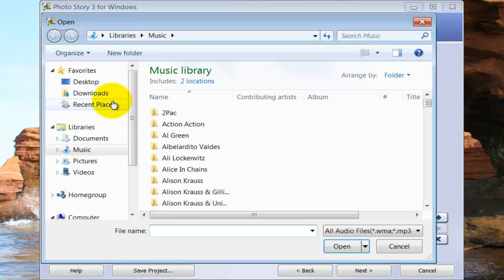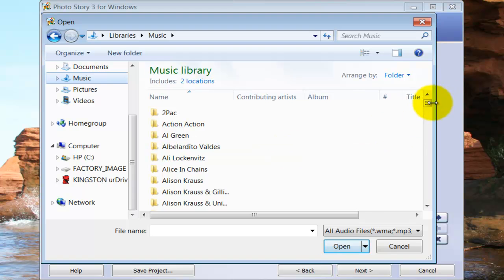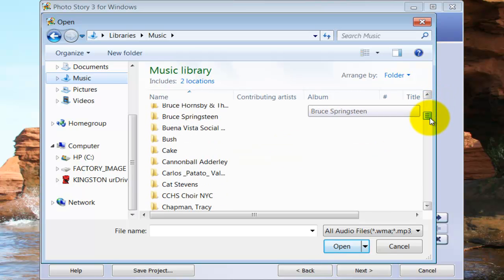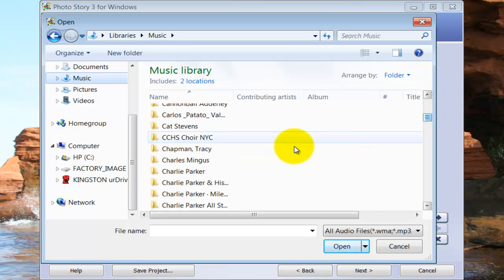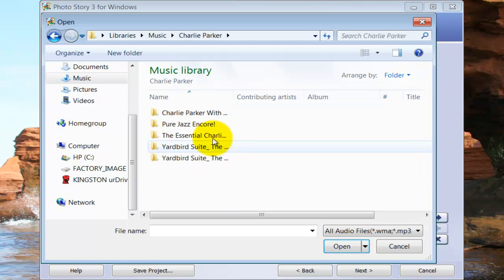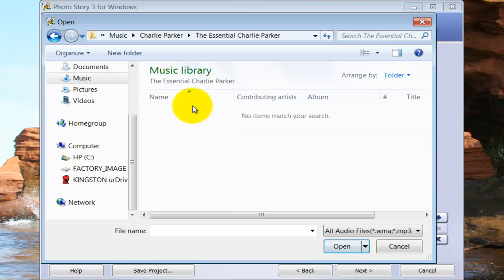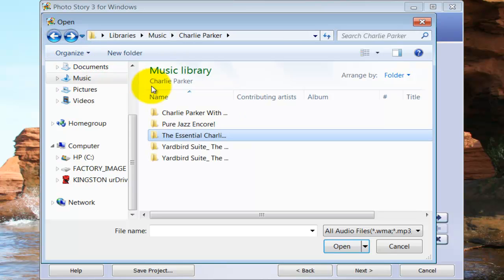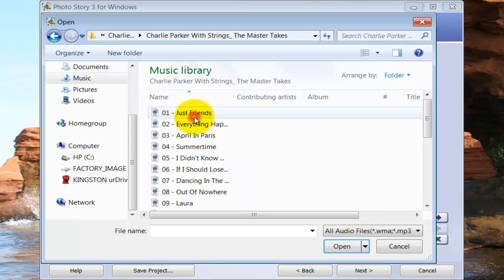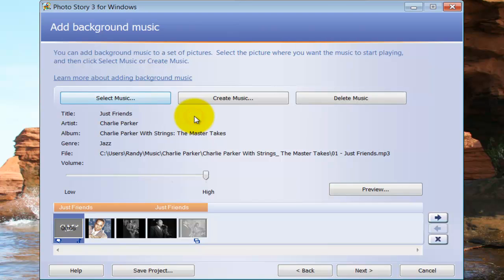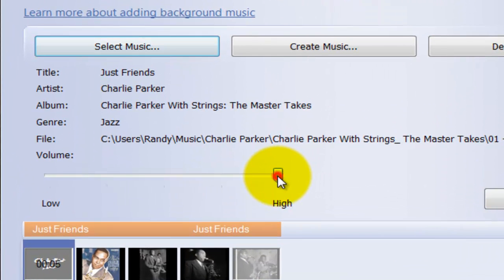I'm going to select music. I'm going to go into music, and I happen to have some Charlie Parker. So how about, let's see what album. Oh, this is a good album. How about this one? Okay, we'll choose that. And it went ahead and put the music behind it. So if I preview, I have it at high volume right now, which I probably won't want. Let's move it down to about